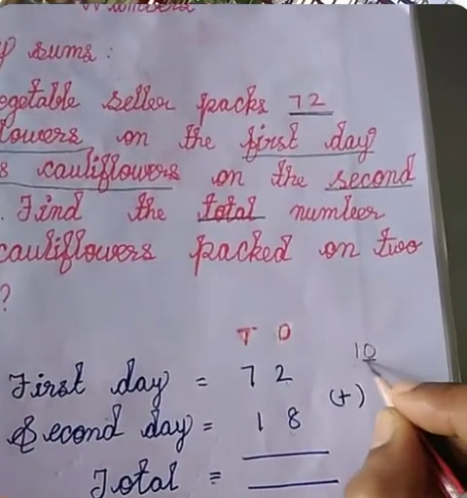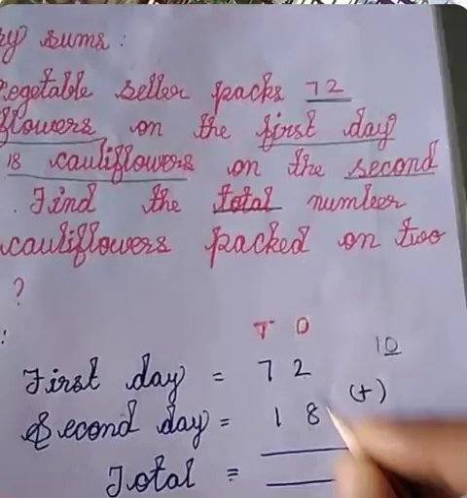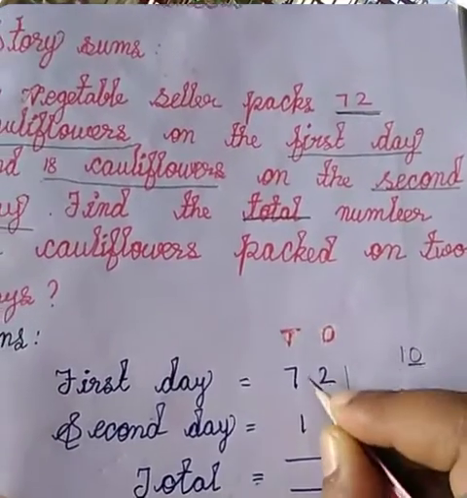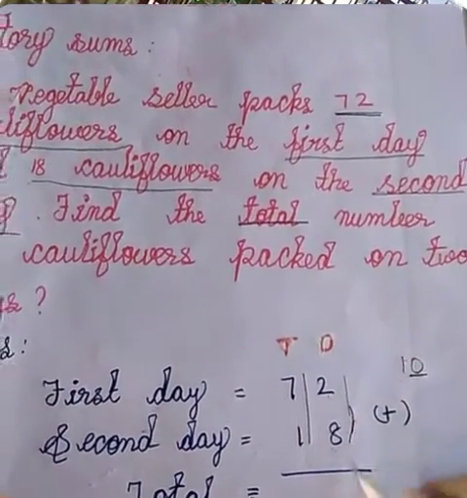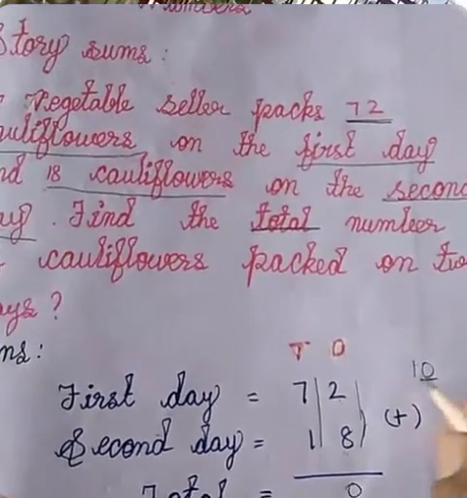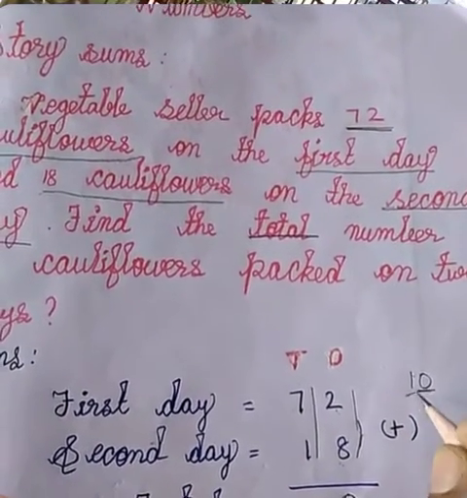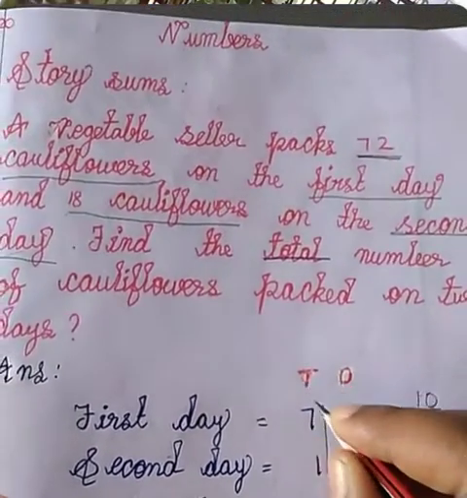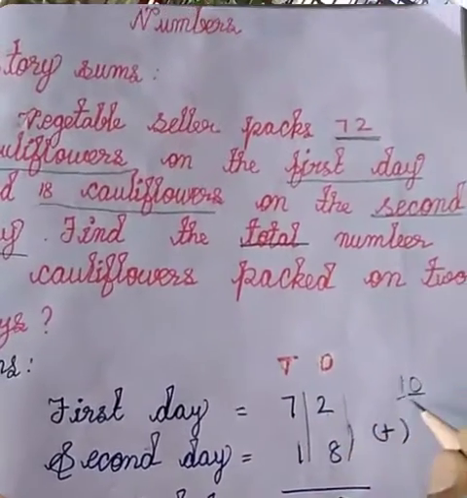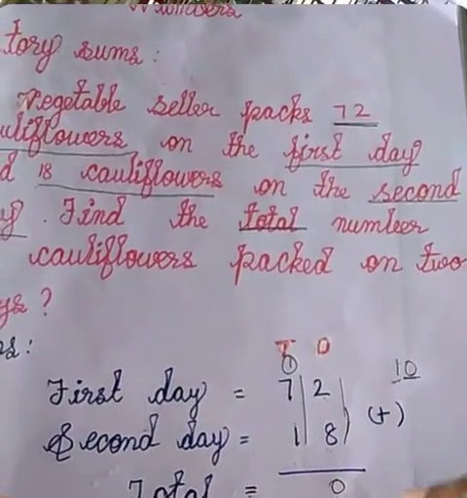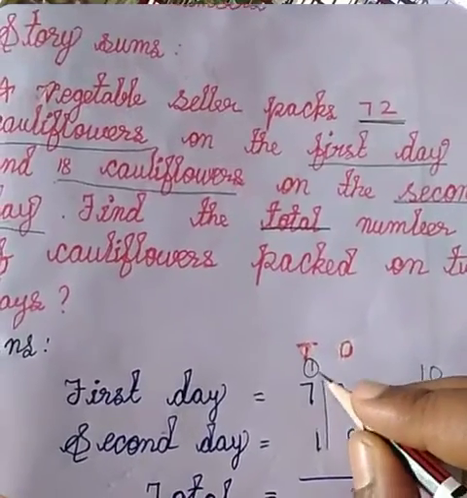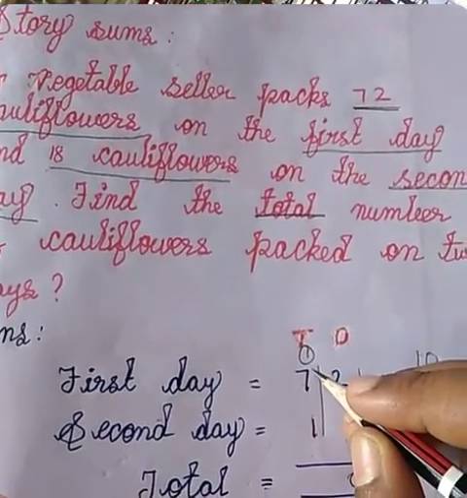First you put the ones place answer in the ones column. This is called the ones column and this is called the tens column. Put the ones place answer, 0, in the ones column answer place, and put the tens place on the upper side of the tens column. You put this on the upper side of the tens column and round it. And now here in the tens column there are 3 numbers.